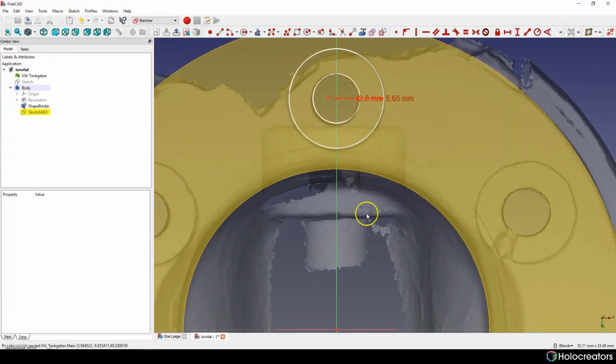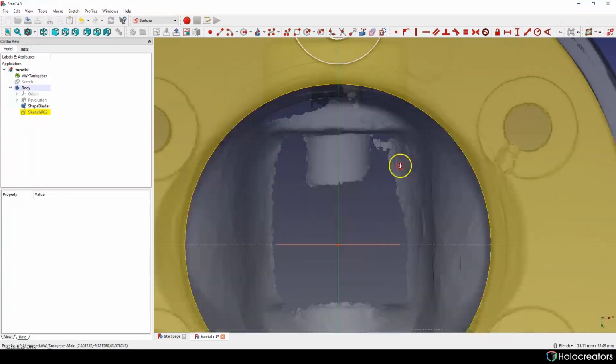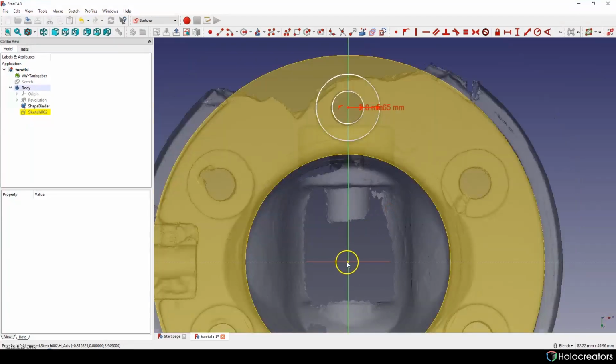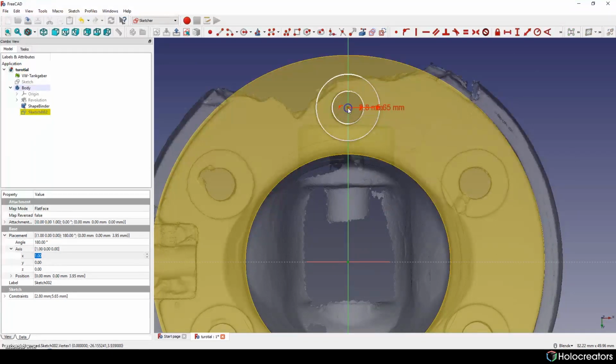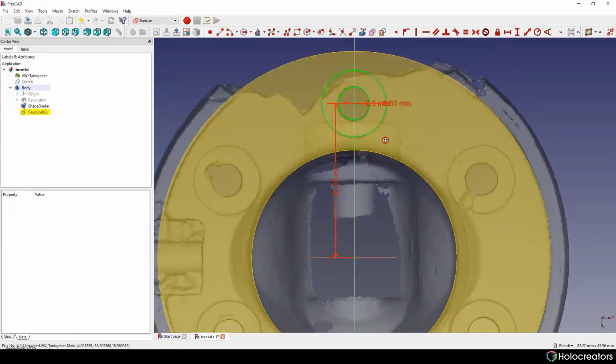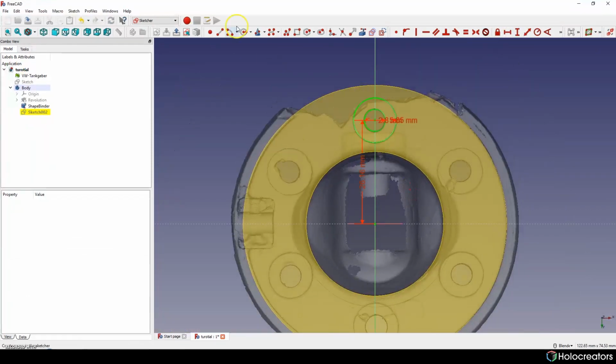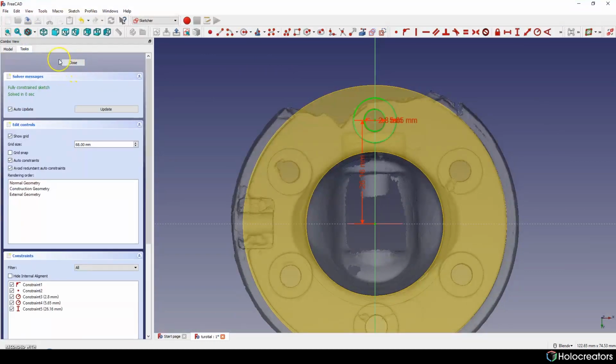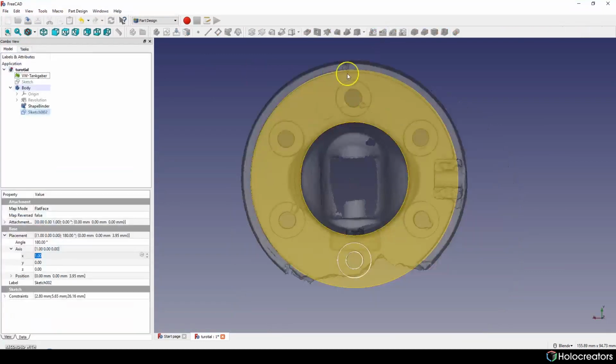Only one thing: it might be a good idea to fix the position of our sketch, so we can do it by applying these dimensions here. So now it's fully constrained, and we can close our sketch.